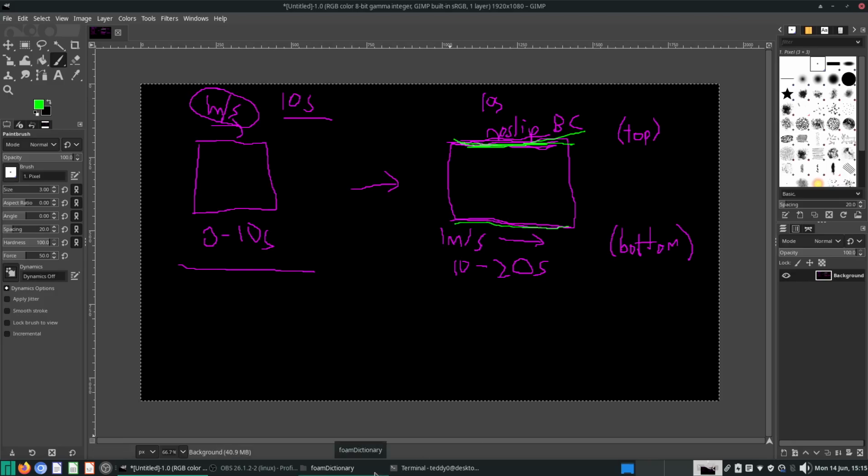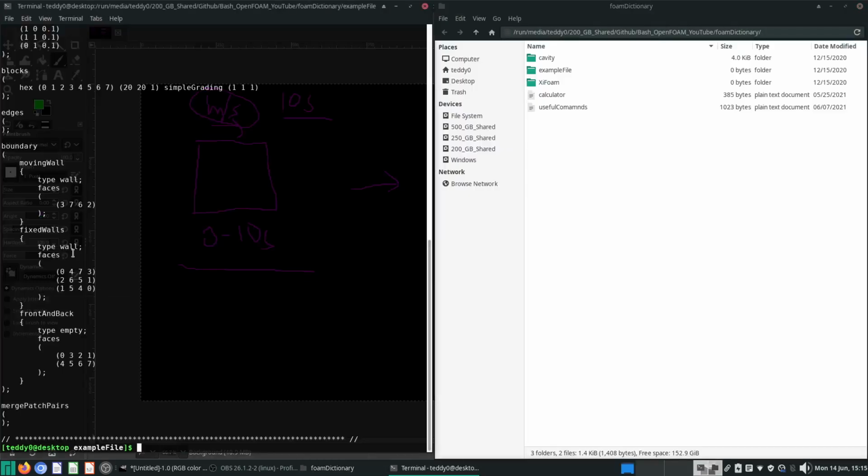So let's take a look. Yeah, this is the top face. I will not call it movingWall anymore. I will call it top. And these fixed walls will still be fixed, but I want to isolate the face that is directly opposite here. So how do I know which face is directly opposite? Well, if you're familiar already with blockMesh, which I assume you are,